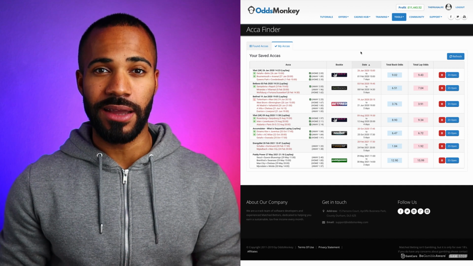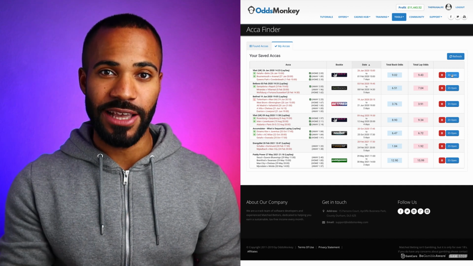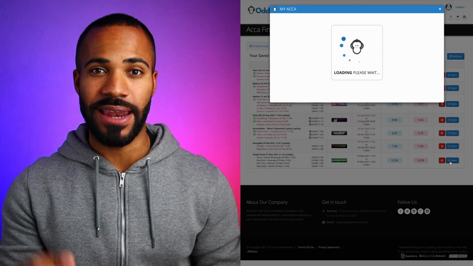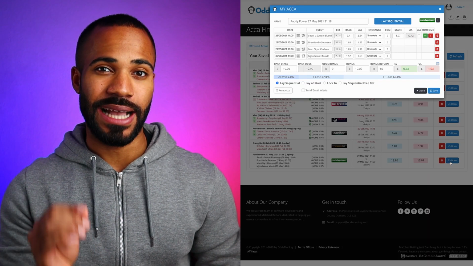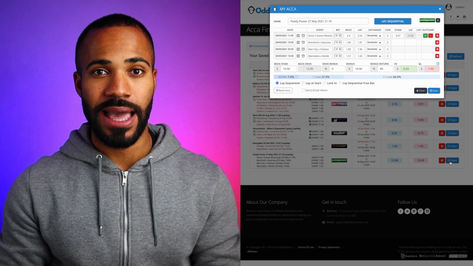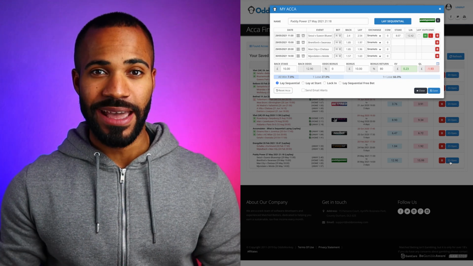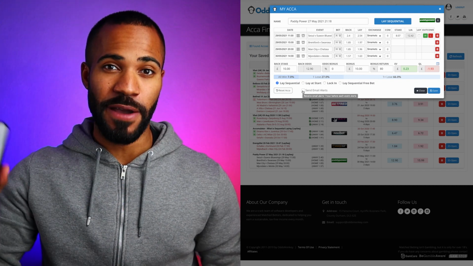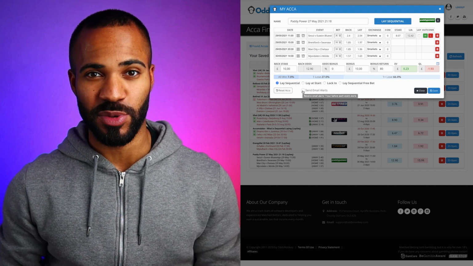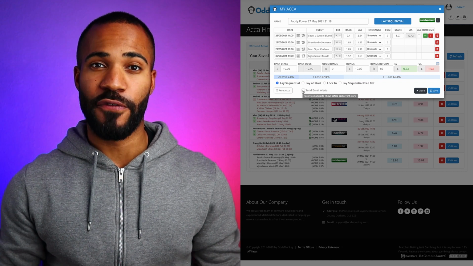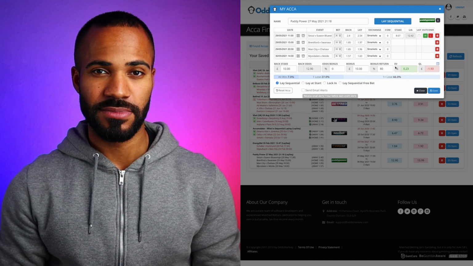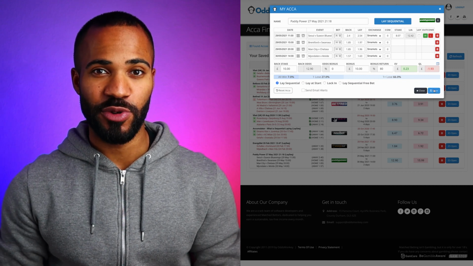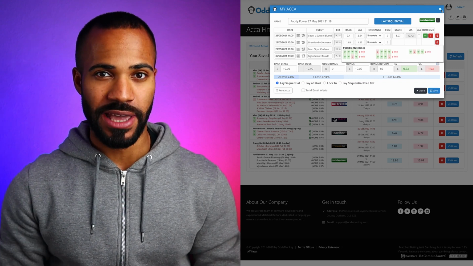On the far right hand side, you'll see that same button that will get you into the accumulator calculations. If your accumulator is still active and alive, the calculator will show you exactly how much you need to lay in your next leg of your accumulator. From here, you can actually send email alerts for your accumulator. I personally use my phone for reminders, so I didn't actually know this was a feature, but some of you out there might prefer the native email alert system. In the calculator, you can make any updates or changes to lay odds that you need to do, and then you can save it and close out of the calculator.